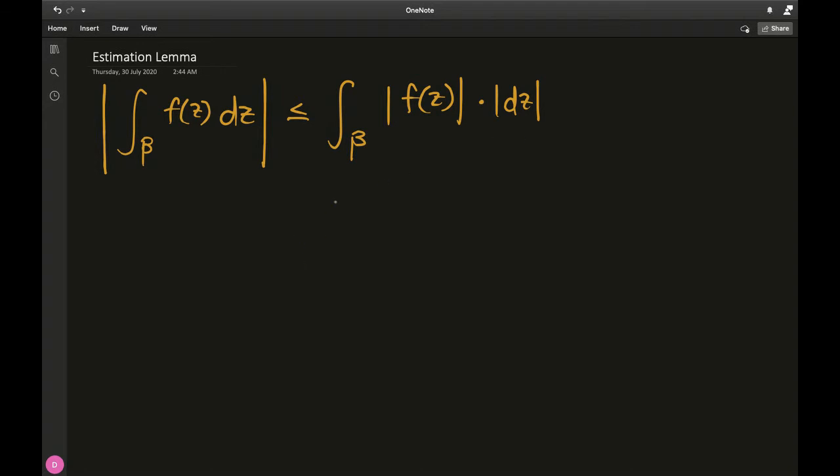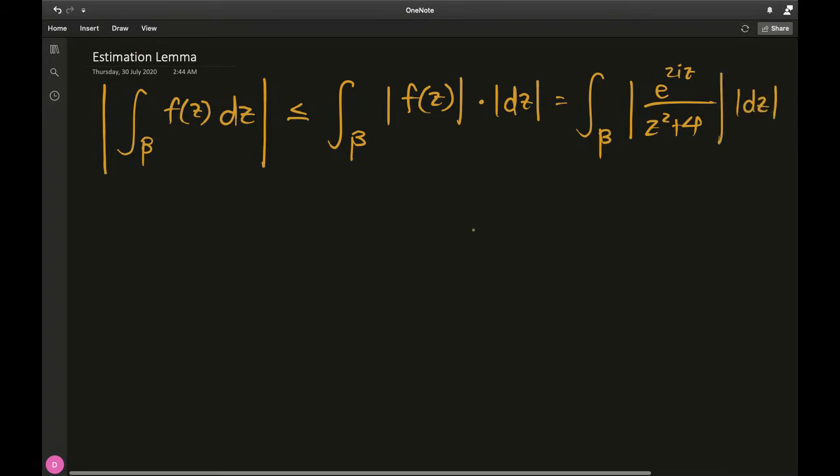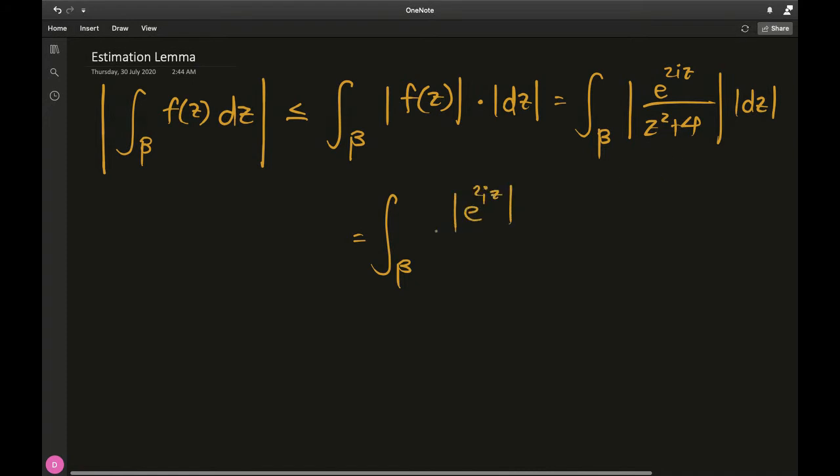So now let's just plug f of z in here. So the integral over beta of mod of e to the 2iz divided by z squared plus 4, times mod dz. Okay, and we can split the mod over the fraction. So mod of e to the 2iz divided by mod of z squared plus 4